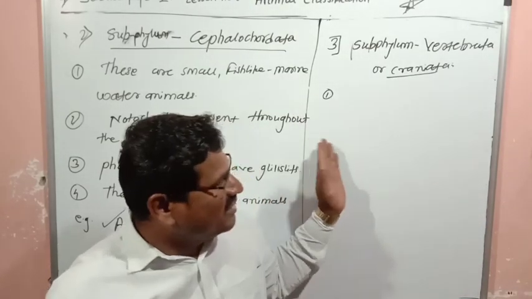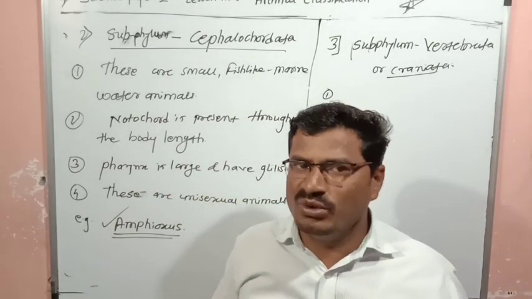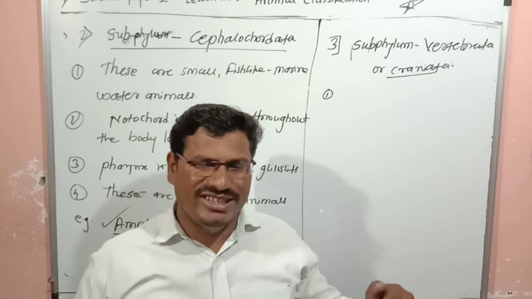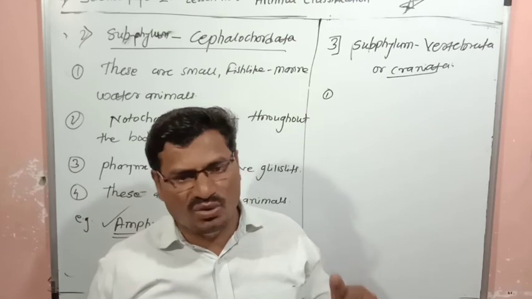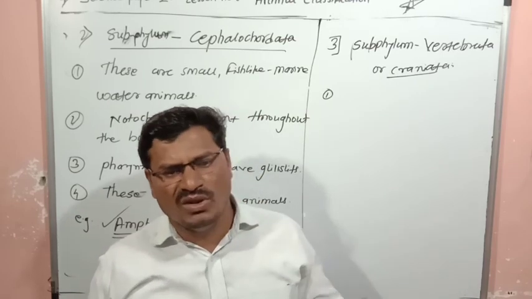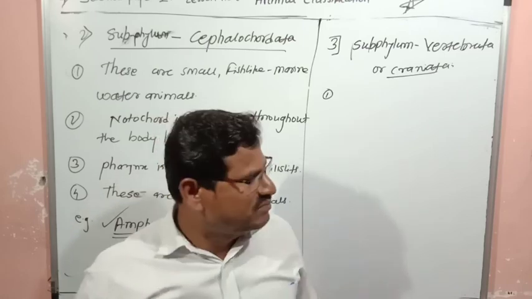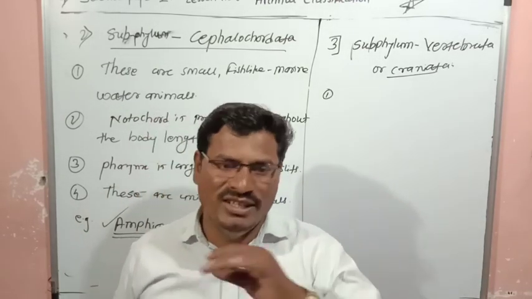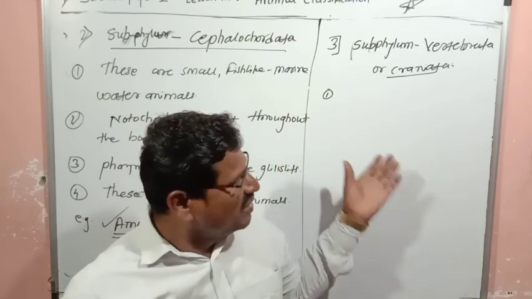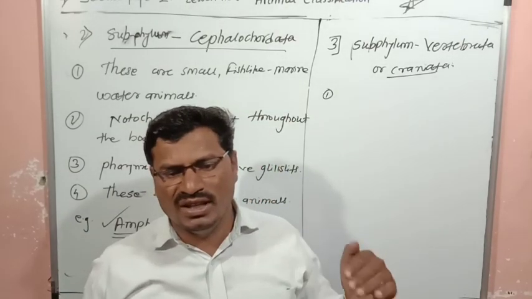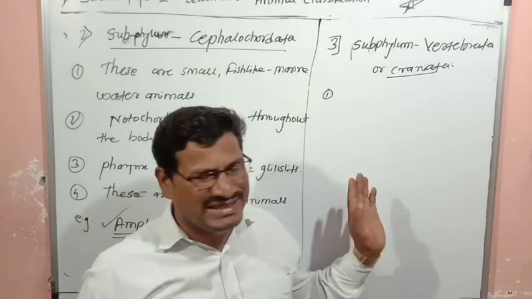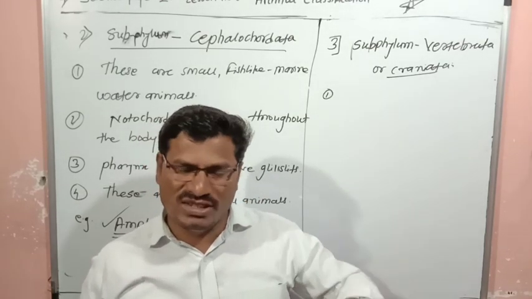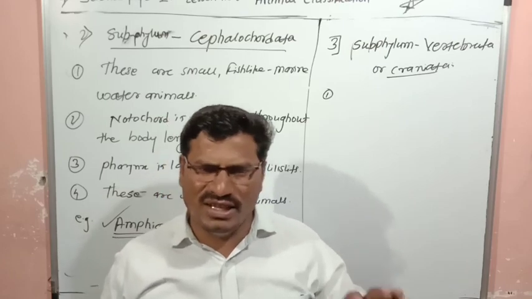Which are the characteristics? First characteristic, their notochord is replaced by vertebral column. Second, their head is well developed, and brain is present in the cranium or cranial cavity. The next thing is their endoskeleton, whatever skeleton is there inside, is cartilaginous. Cartilage bone means